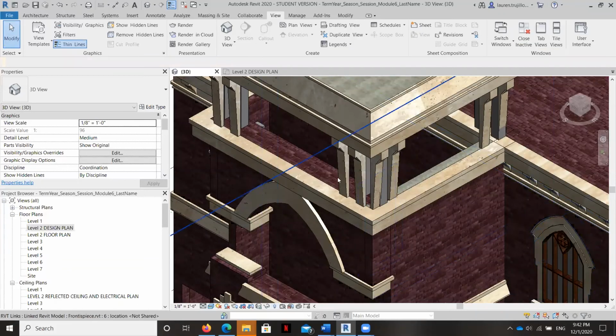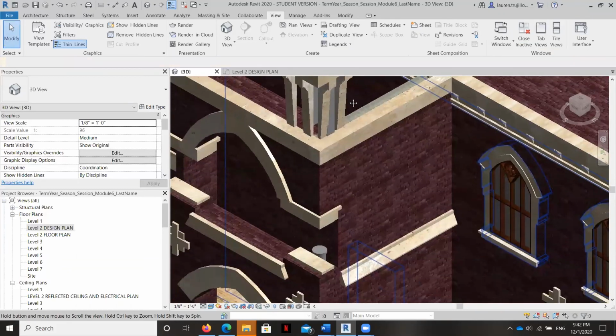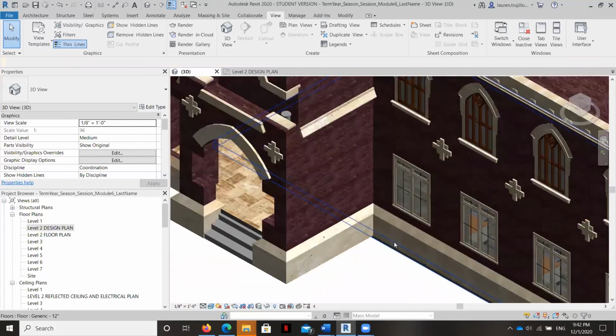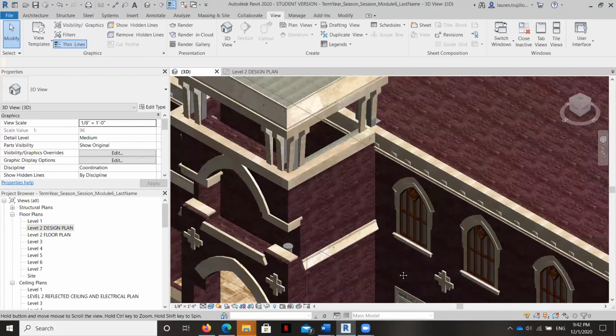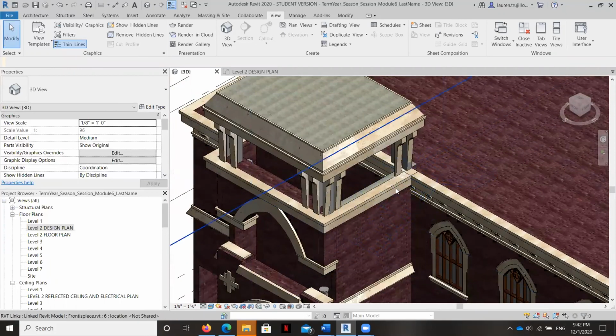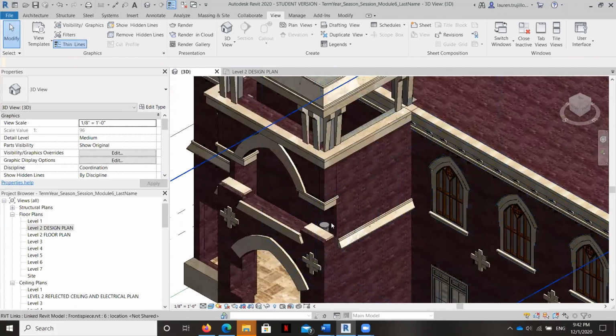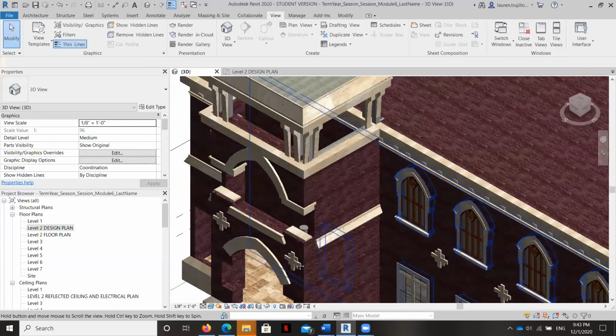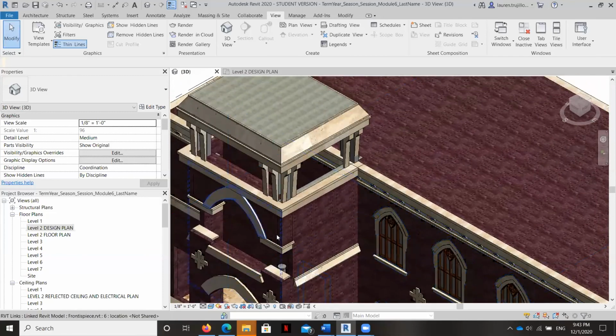And we also have to adjust the structural floor because it's a little bit higher. You can see it back here. So we're going to fix those structural elements first, and then we'll move on to the architectural ones. We're going to work with these columns that we created earlier on and shift the stairs around a little bit so that they're in the right place and that they look good. And then I'm going to work on the front door on the first floor and add one to the second floor a little bit. And then we'll adjust the path of this cornice as well.